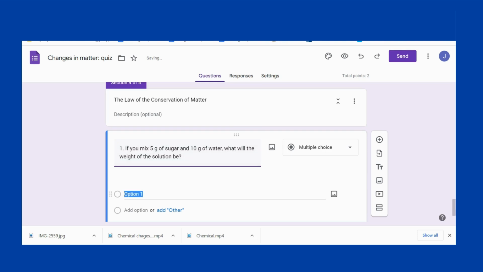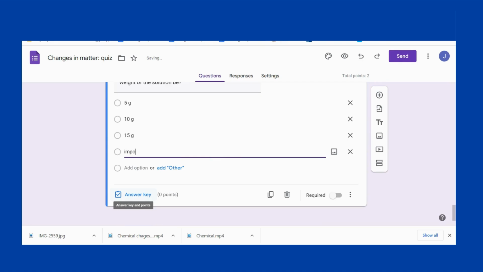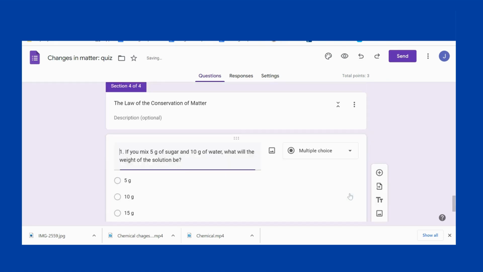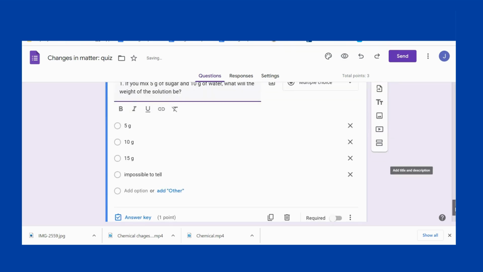So the options will be 5 grams, 10 grams, 15 grams, impossible to tell. This question is also worth 1 point. And the correct answer is